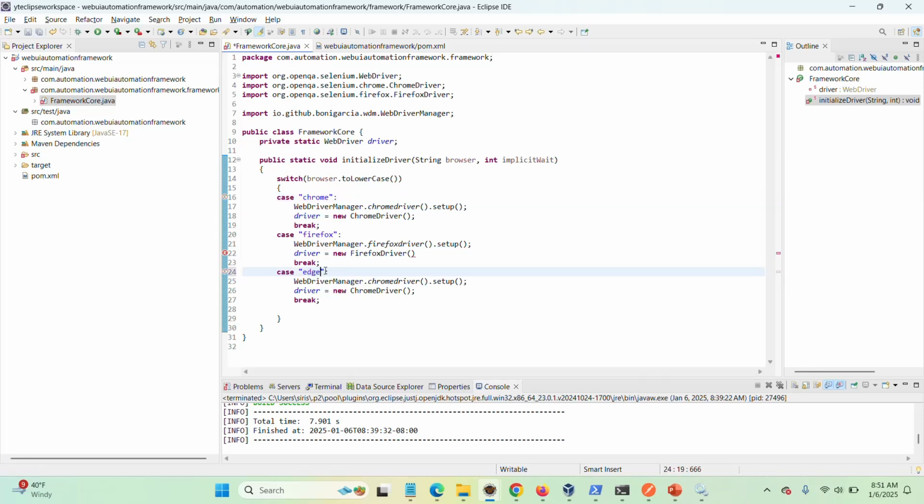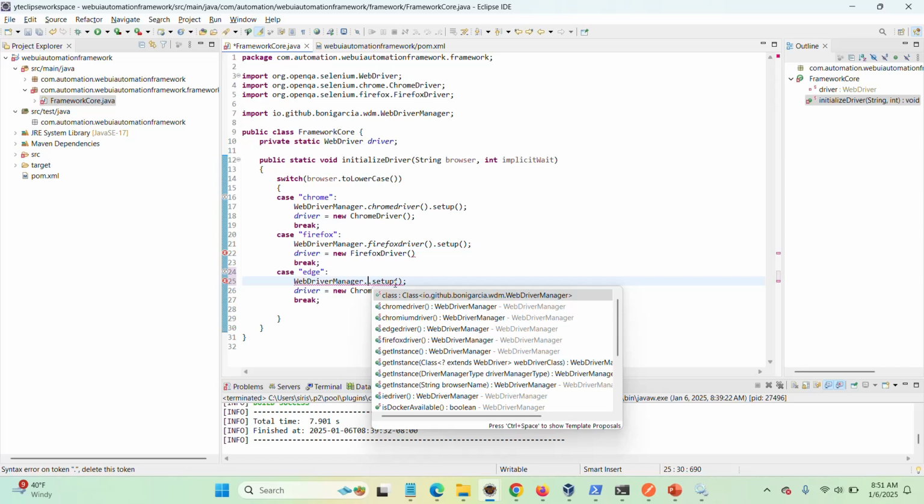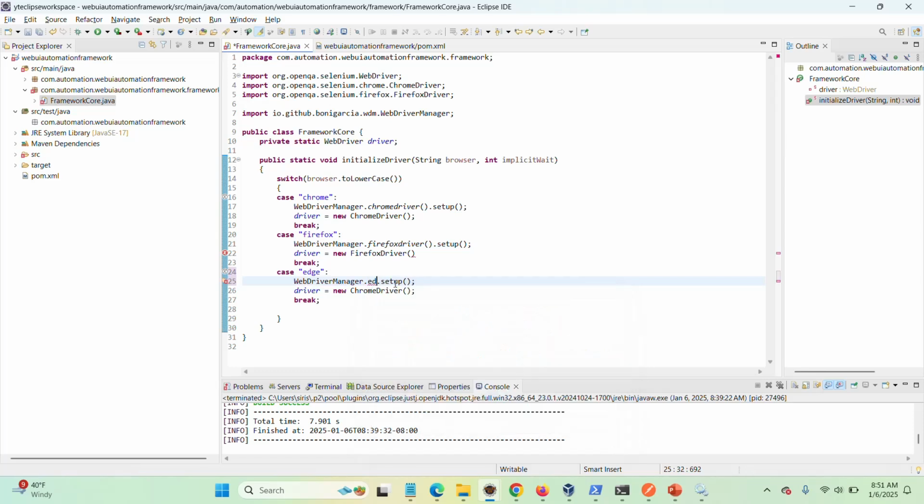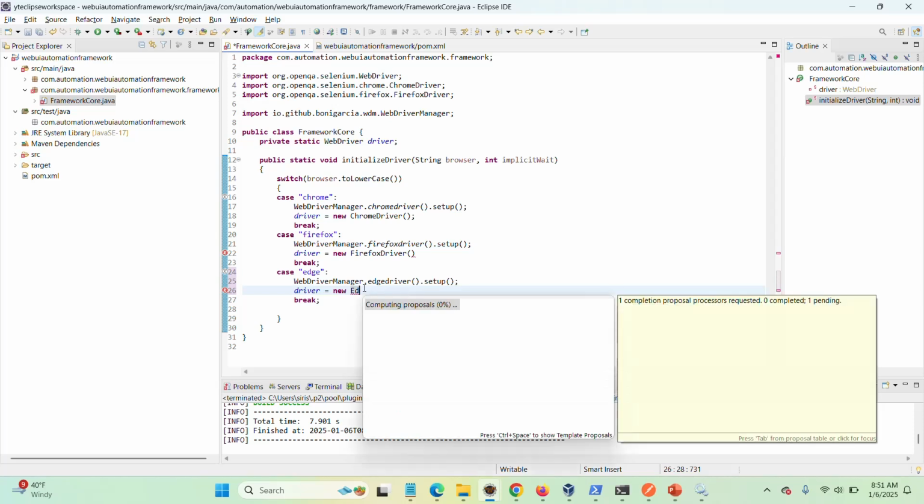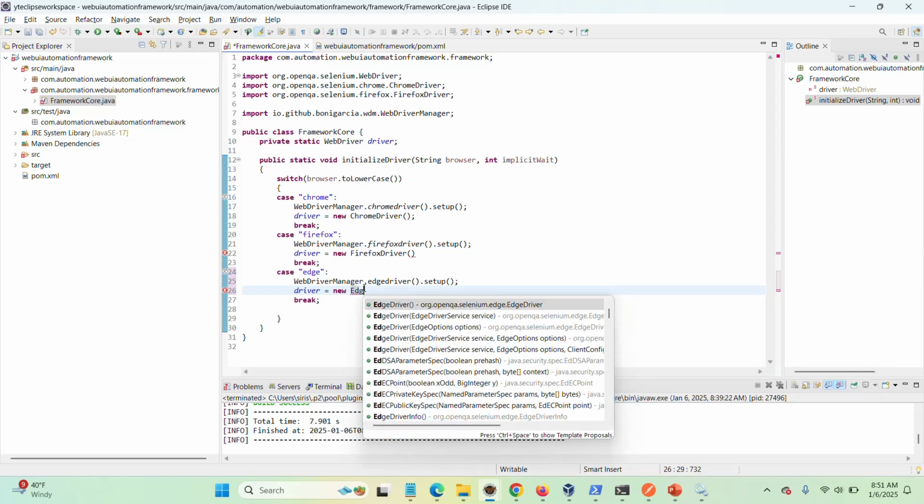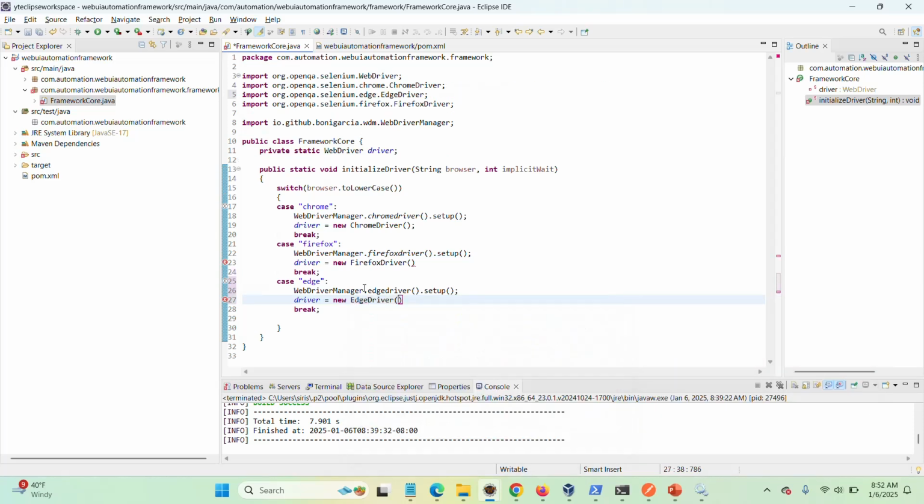It's complaining because it's repeated. All right, same thing for Edge. EdgeDriver dot setup, and I'm going to create Edge. And if none of